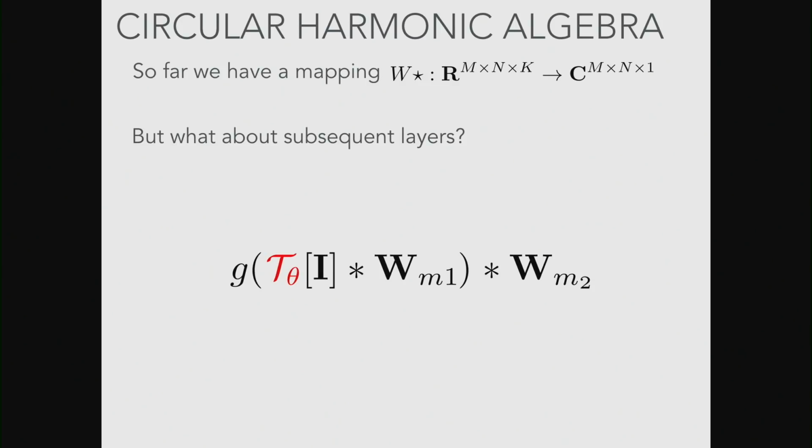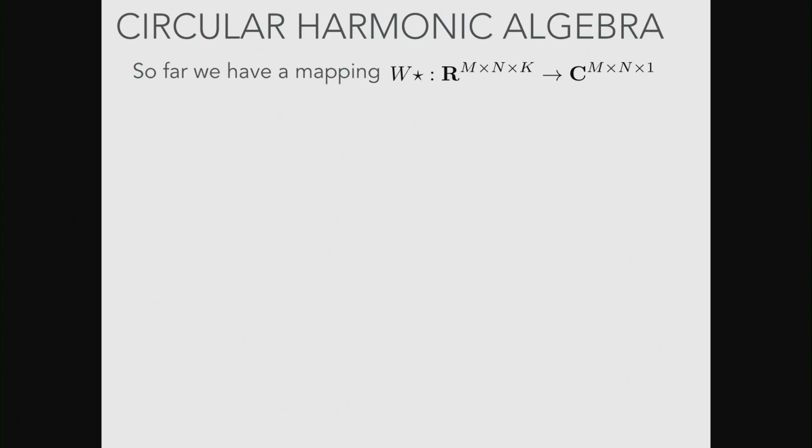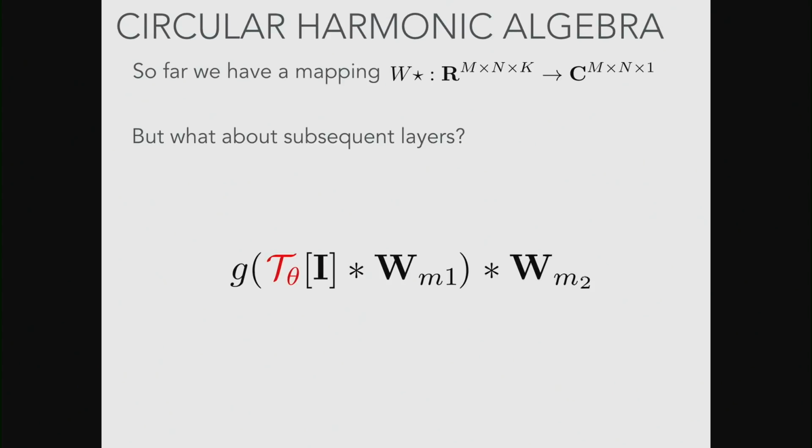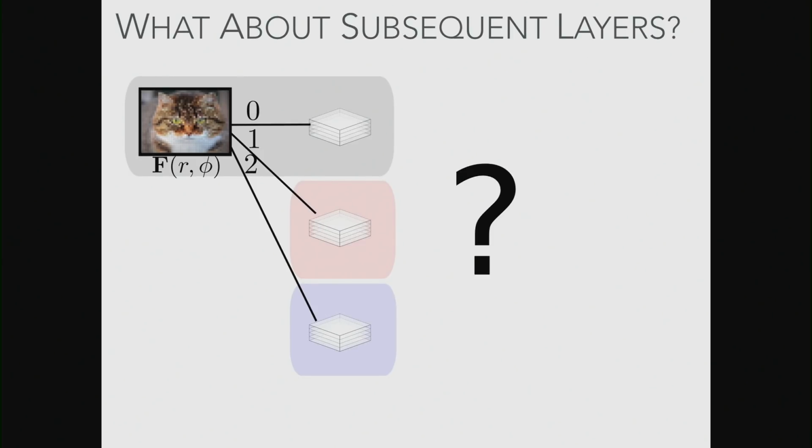If you then chain it with another convolution, so convolution 1 has frequency m1, convolution 2 has frequency m2, then the frequencies sum. This is equivalent to doing a convolution with a different filter, which kind of looks like a frequency m1 plus m2 filter. But it's not exactly the same. It might be the next slide, sorry.